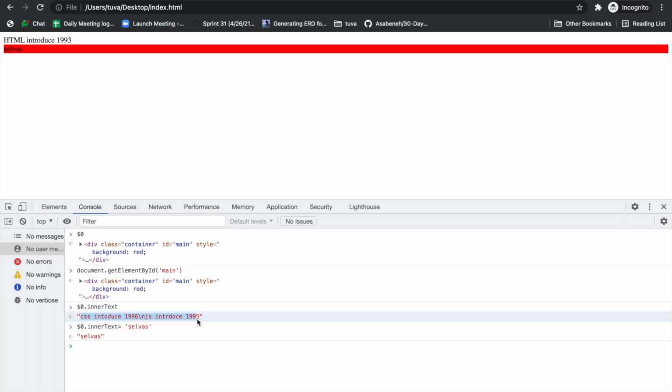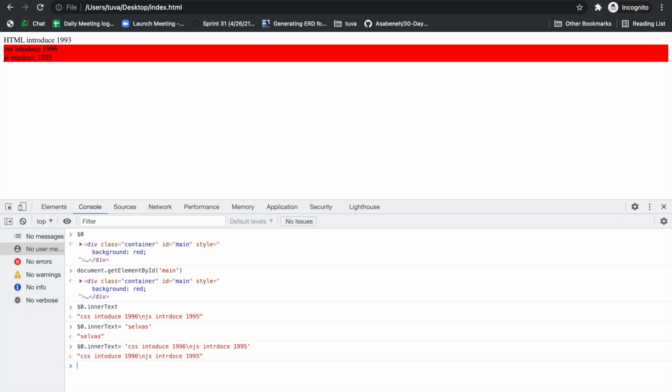So this is how JS will interact with the DOM. JavaScript allows you to change the CSS properties also. Take for example dot main dot style dot color would be blue. See, this is how JavaScript allows you to manipulate the DOM. I'm just showing a sample example, just changing the text. But you can create a new node like a p tag and add it to the body tag.